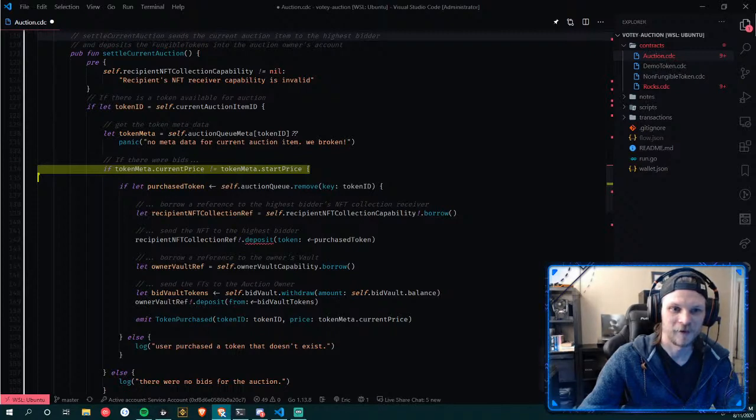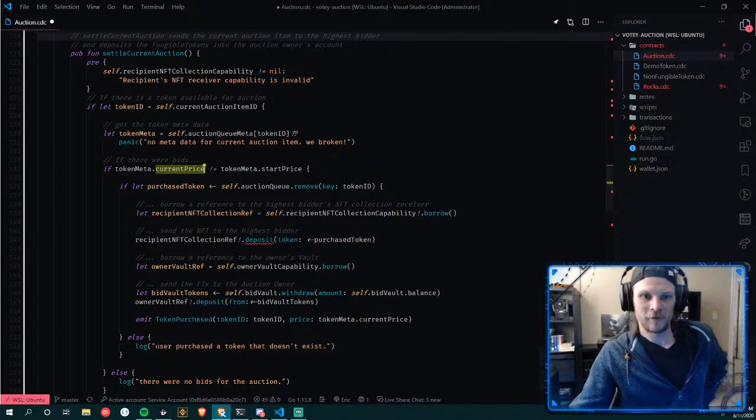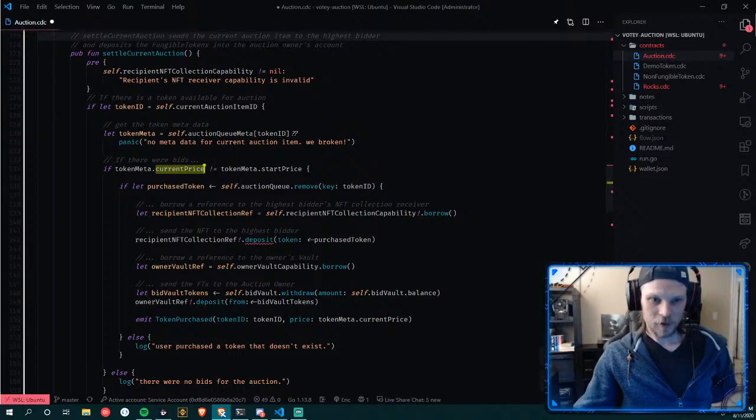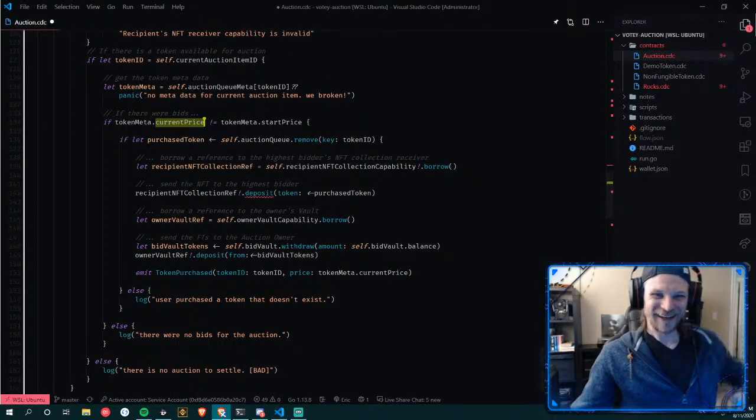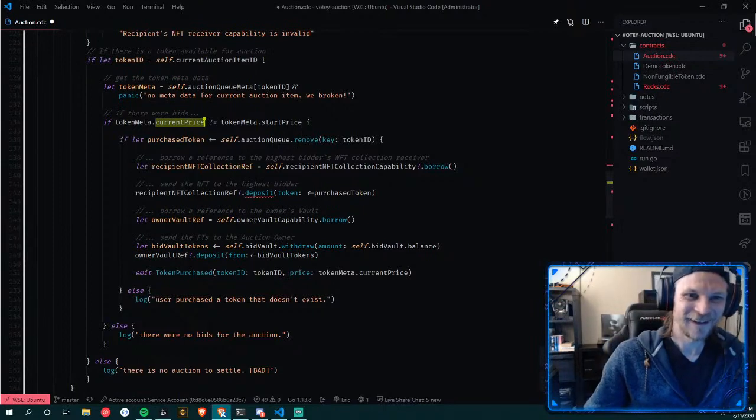When we write a function, you want to return home early as possible, because then you don't need to look at the rest of the code to understand what is going on. Right now you see that if the current price is equal to the token's start price, then you can just return, right? Yeah, this is a mess. Like I said, we'll figure that out.